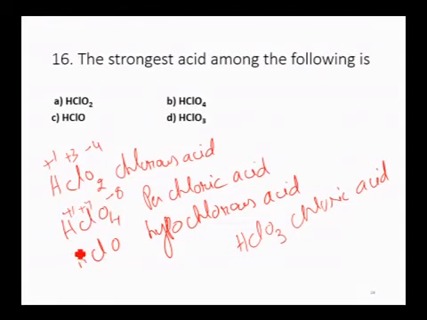Hydrogen oxidation state is plus 1, oxygen oxidation state is minus 2, chlorine is plus 1. In case of chloric acid, minus 6 is oxidation state of oxygen, hydrogen is plus 1, chlorine is plus 5. When we observe all the acids, in case of perchloric acid, chlorine oxidation state is plus 7, hence it is strongest acid. So suitable answer is B. Next,